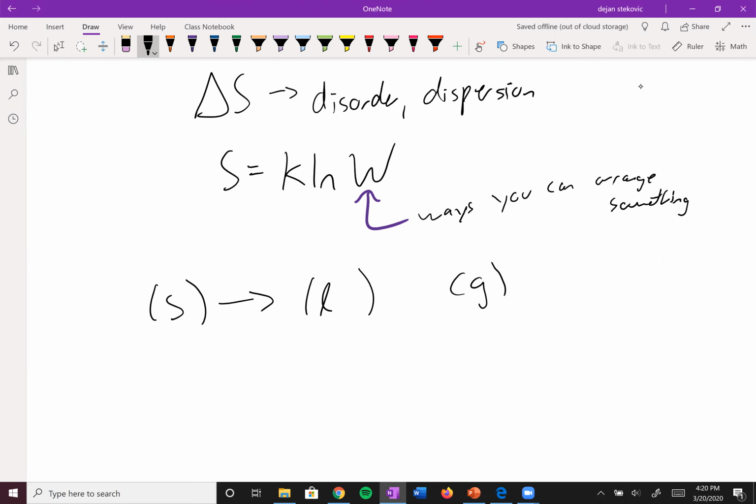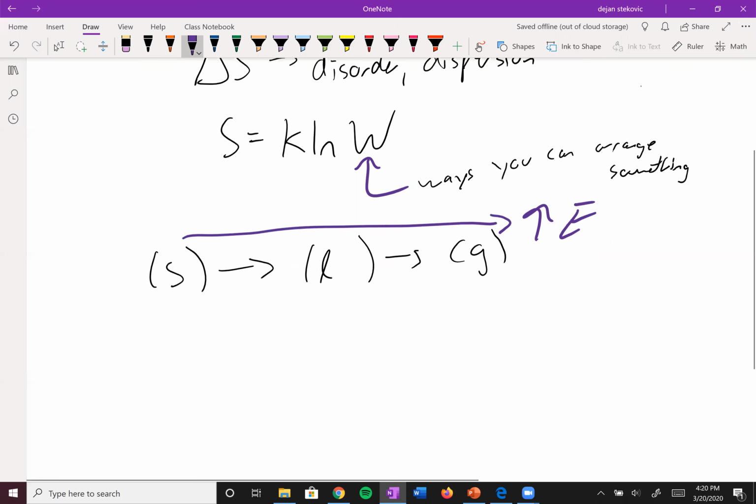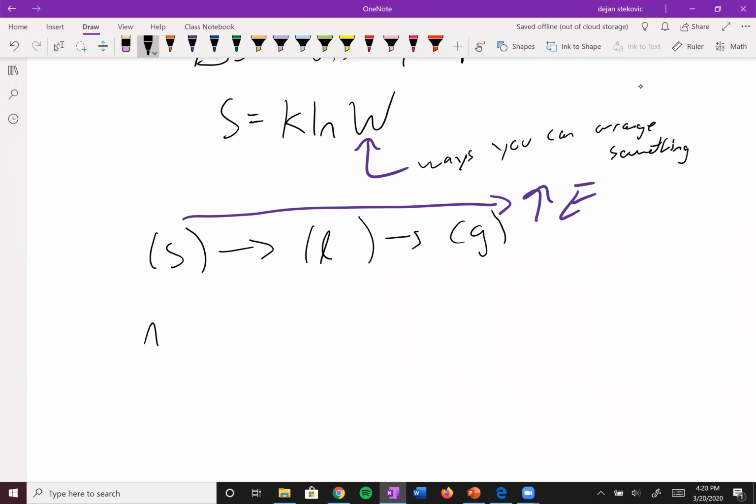We already talked about this. As you go from left to right, you increase entropy, right? And that's because your molecules become more dispersed, your energy becomes more dispersed, you have a greater number of ways to organize things. For example, if you think of a solid, if you have A, B, these things can't switch together. So you can only really have kind of one microstate. Of course, there's vibration there, so you can actually have multiple microstates. But if you think about a liquid, you could swap these out. They could roll over one another, so you can see how that has more microstates.